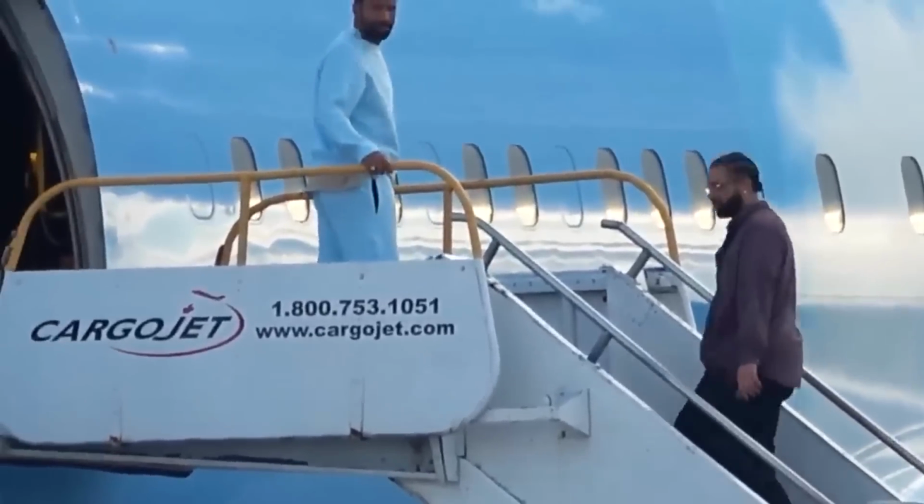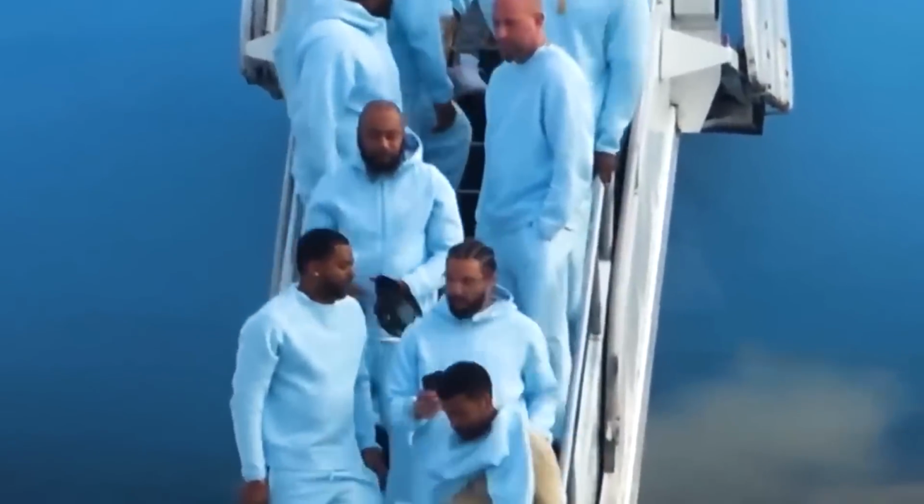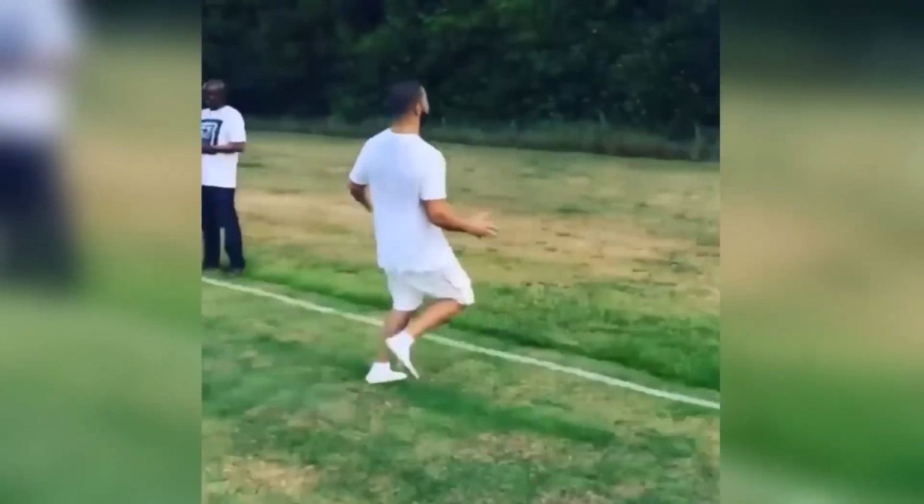Despite the plane being valued at $180 million, Drake would actually get the plane for free since he's partnered with the company titled Cargo Jet. They used Air Drake as a marketing campaign for their company, but alongside his ridiculous private jet, Drake has also been seen loading up on real estate,